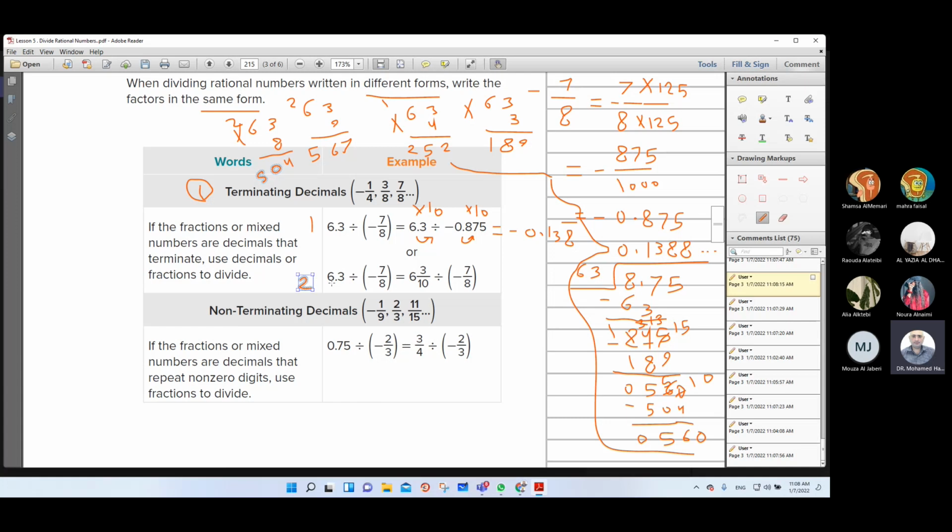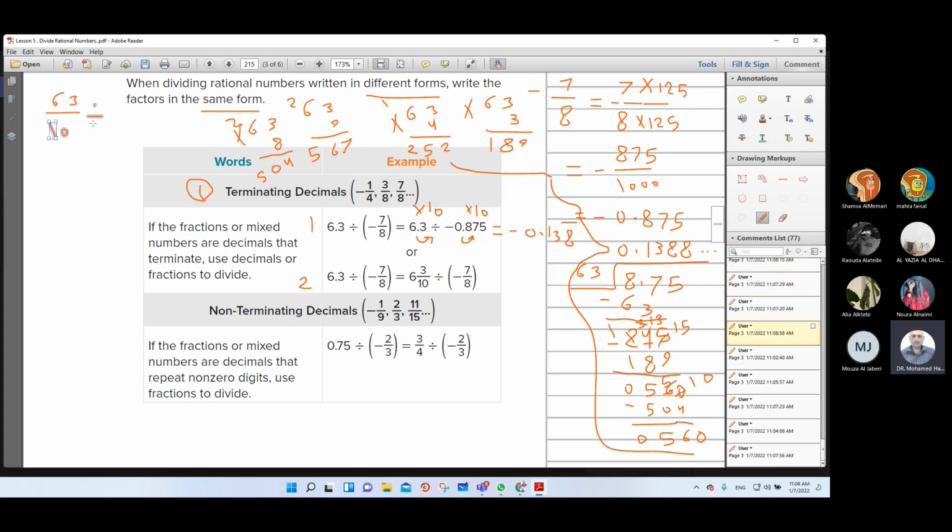So what's the meaning of 6.3? 6 means the whole number, and the 3 means the part of tens, means 3 over 10. So this is a mixed number. We can change this mixed number to the fraction. 6 times 10, 60. 60 plus 3 will be 63 over 10